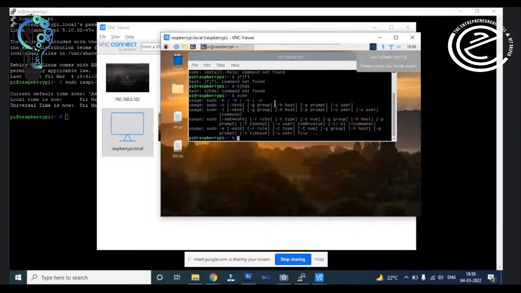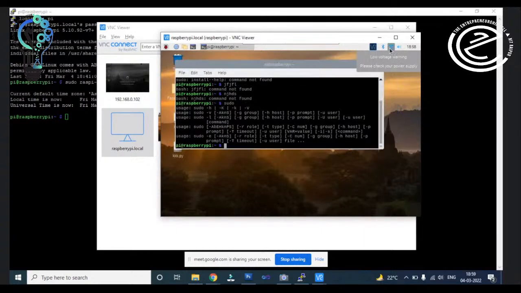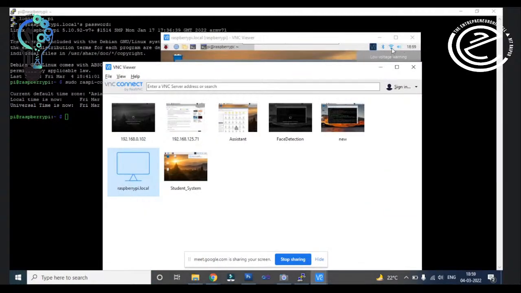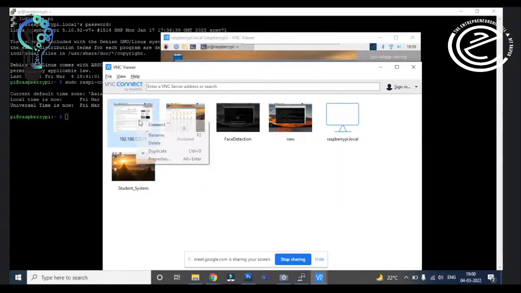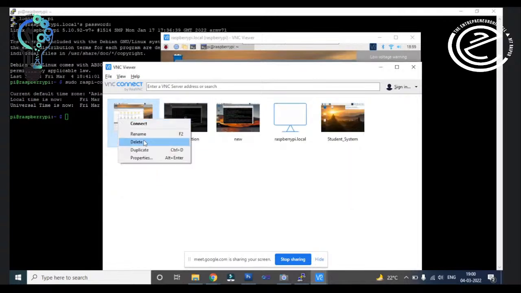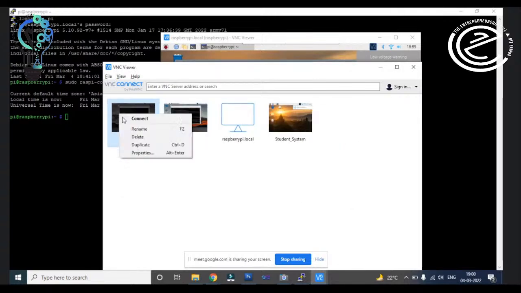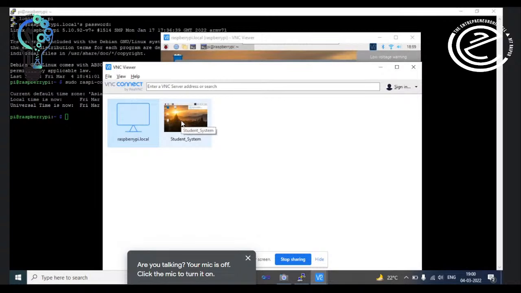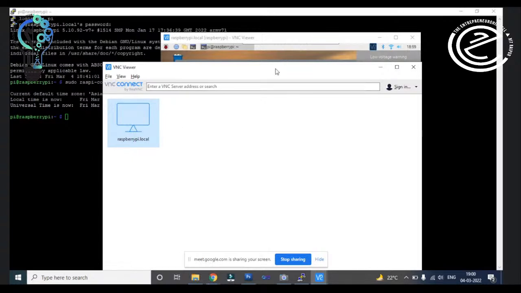That was through the LAN cable. Now, if you know the Raspberry Pi's IP, what I will do is open the VNC Viewer and make a new connection. Let me see whether the connection is there or not. First, I'm deleting all the connections which I already made so that it will not overlap. Okay, right now I have only raspberrypi.local, and it is connected with this.